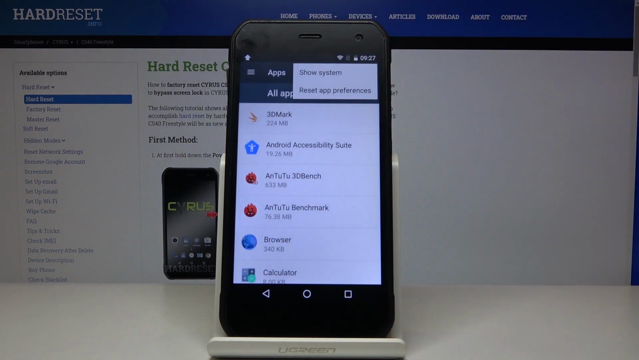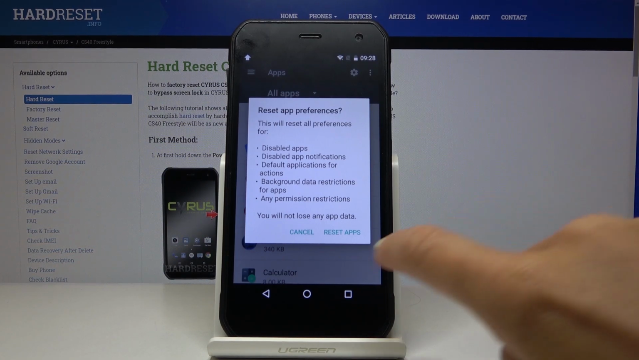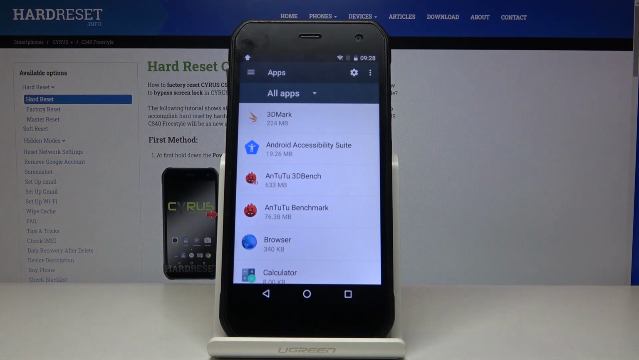the right upper corner. And if you truly want to reset app preferences, just select this mark and then decide if you really want to reset all preferences for disabled networks, disabled apps, disabled app notifications, default application for actions, background API restriction for apps, and any other permission restrictions. And if you do, just click on reset apps. And that's it, you've just reset app